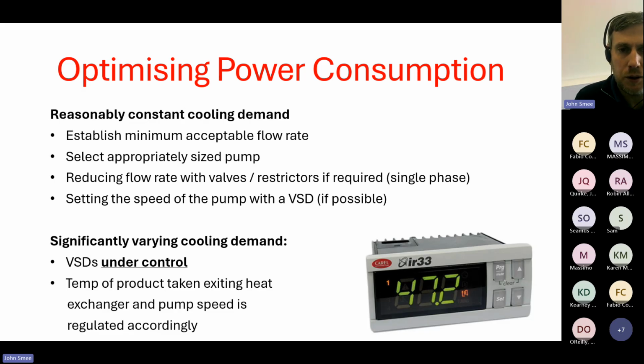So really what you want to do is regulate the amount of coolant going through for maintenance cooling. The idea here would be that you would control your variable speed drive. You sample your product temperature, wherever it might be, at the output of the heat exchanger, or maybe the temperature probe inside your vessel where you're cooking the food, and you regulate your pump speed accordingly. Again, I'm not recommending one brand over another. This is a Carel IR33, which is a model I've used myself for this application. It will take your temperature and give a 1 to 10 volt control signal, and that control signal will